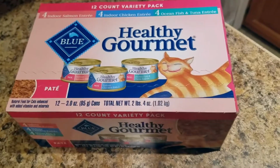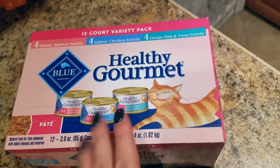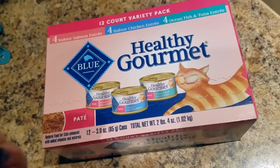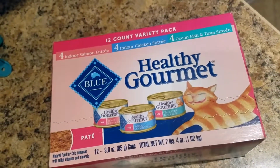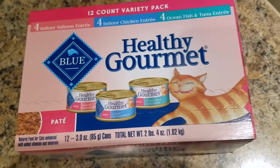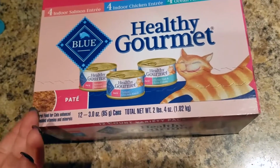I recently picked up Blue Buffalo Healthy Gourmet, but it was in 3 different kinds of dinners. So this one is a little bit different. This one is pate. The other one I picked up had little chunks in it, and it was a chicken and shrimp or fish and shrimp entree. Last time I didn't realize that they sold a pate, and I think that pate is a little bit easier for my cat to digest, so I think that's what she prefers over the shredded